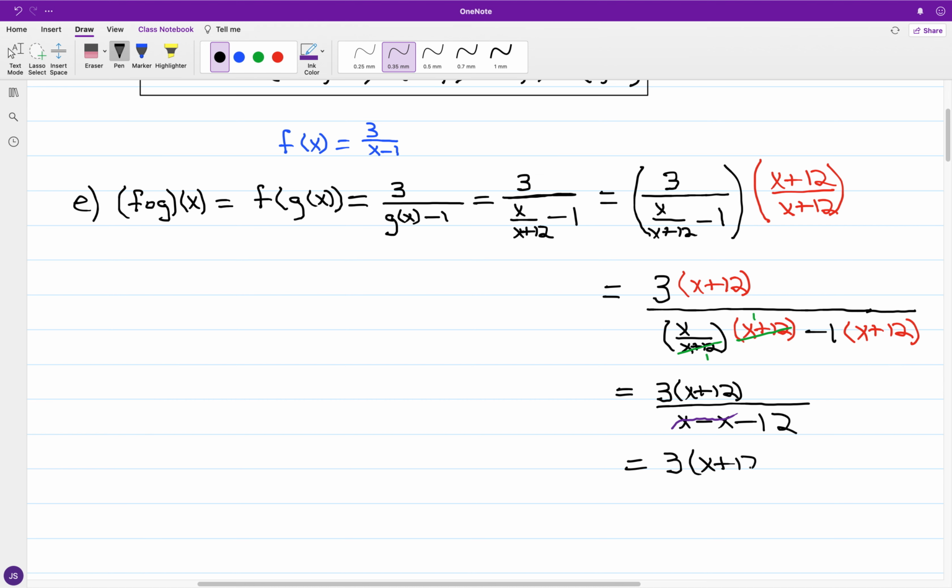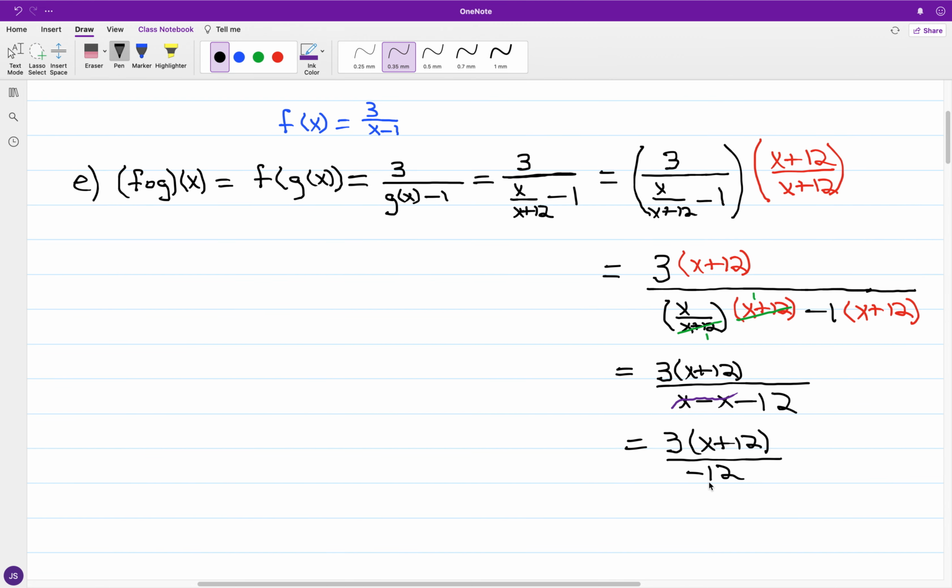And we have 3 times the quantity of x plus 12 all over negative 12. And you can reduce this because 3 over negative 12 reduces to 1 over negative 4. So we can say that in the output we come out to x plus 12